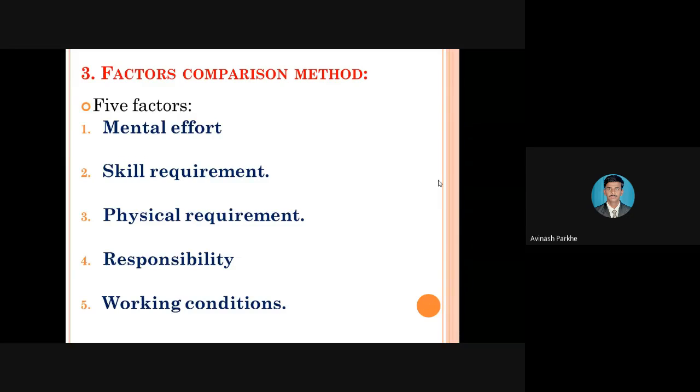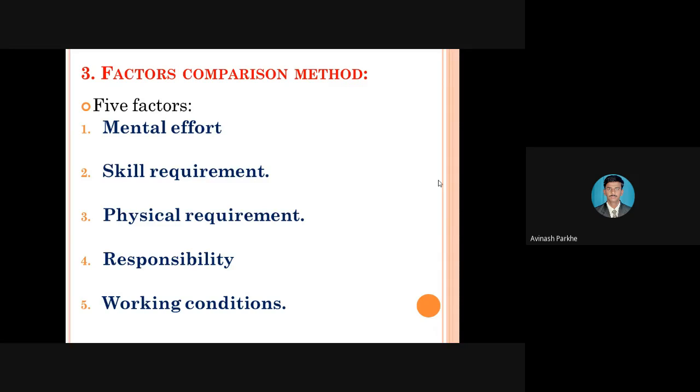So that's why the comparison of the key jobs and the comparison of other jobs will be taking place, and based on that comparison also the evaluation of the job will be taking place. If I am comparing the remaining 90 jobs with the key 10 jobs, so whatever 10 jobs I have segregated, they are very accurate, their dimensions are accurate,